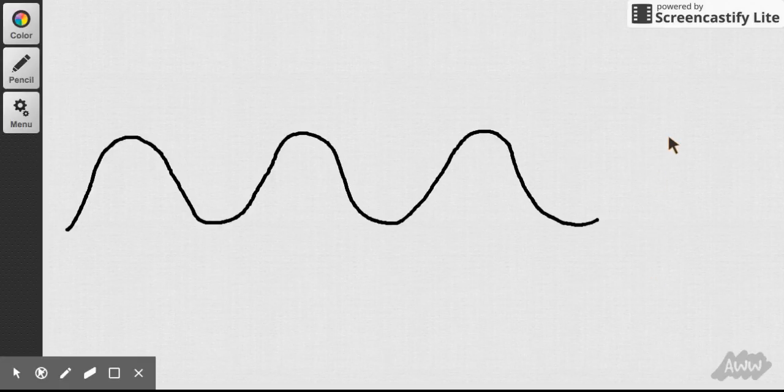Screencast for the waves on a string simulation that you'll be doing with your partner as a lab simulation. All right, parts of a wave. In the lab, you're going to need to define the words that are in the box, and some of those words